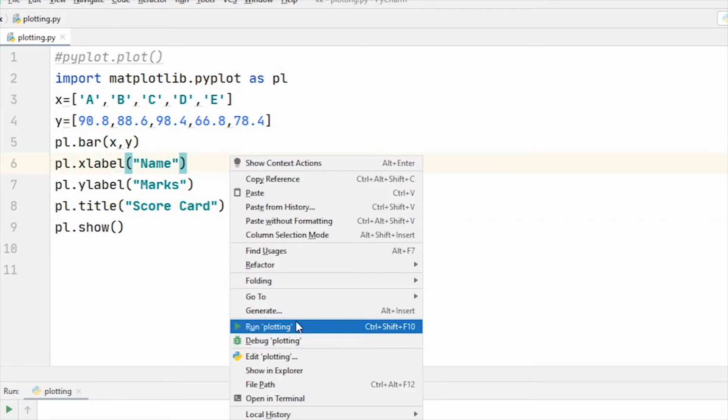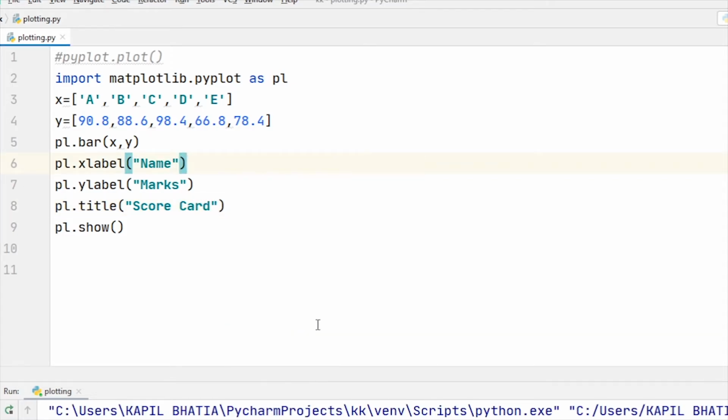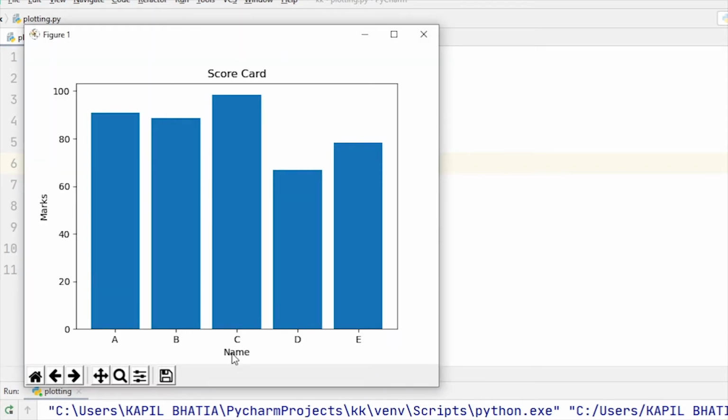Now when I run this code, you can see the output. Here you can see name, marks, the names of students A, B, C, D, E, and here you can see the marks, and the title of the graph is scorecard. Okay, so I hope you understand how to simply create a bar graph.